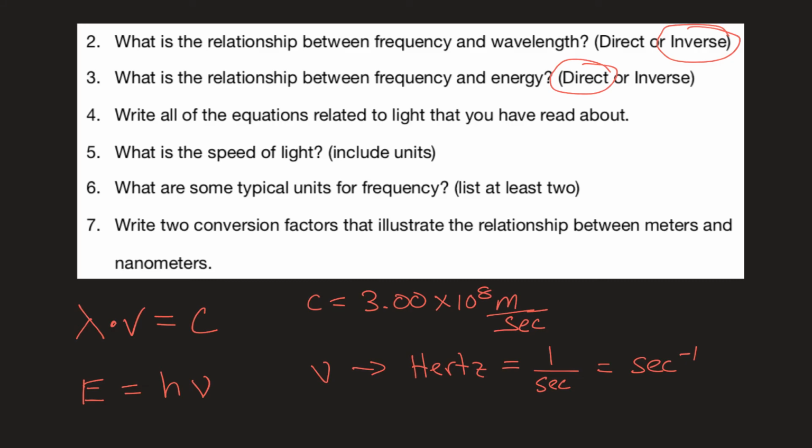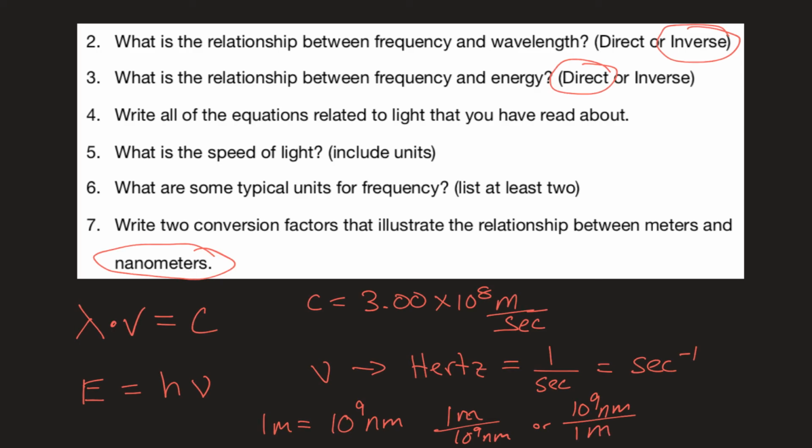So, conversion factors between meters and nanometers. Why would I have you do that? Well, wavelengths are sometimes given in nanometers just to make the numbers a little easier to deal with, and you'll see why in a minute. We know that 1 meter is 10 to the 9th nanometers. Wavelengths can be pretty long or pretty short, and so sometimes they're given in nanometers to make it an easier number to deal with. So I can either have 1 meter over 10 to the 9th nanometers, or I can flip that over